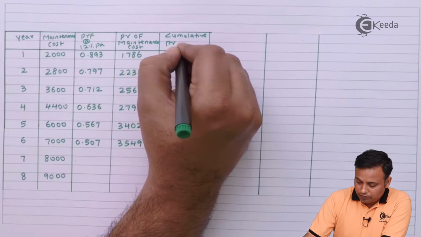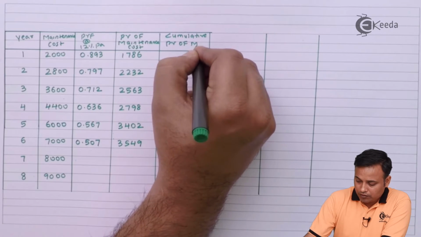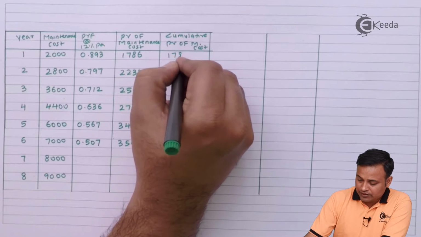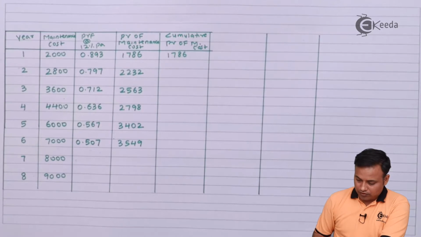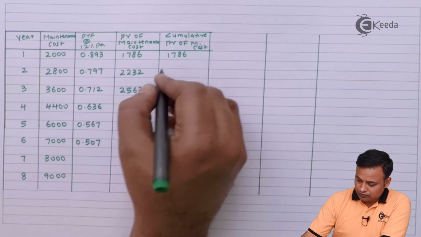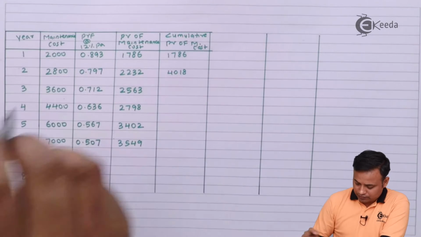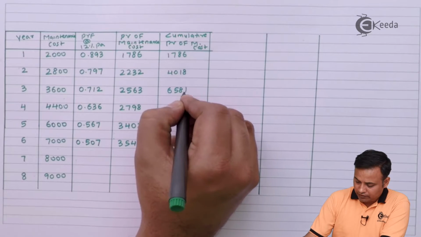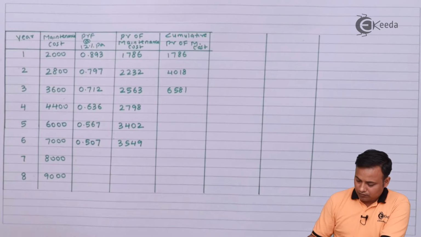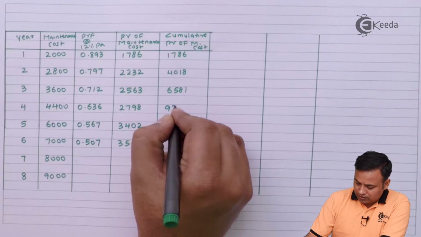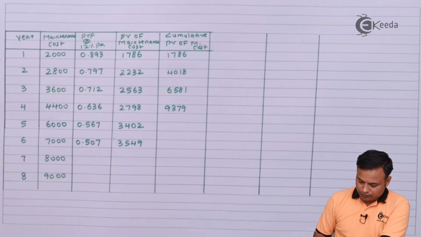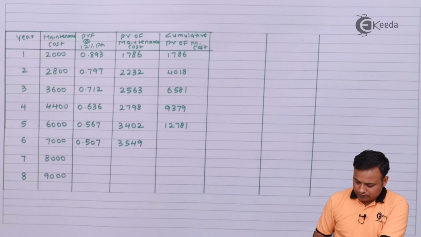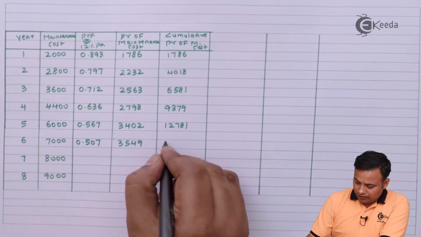Cumulative present value of maintenance cost, which will be 1786, then 1786 plus 2232 is 4018, plus 2563, which comes to 6581, plus 2798 comes to 9379, plus 3402 comes to 12781, plus 3549